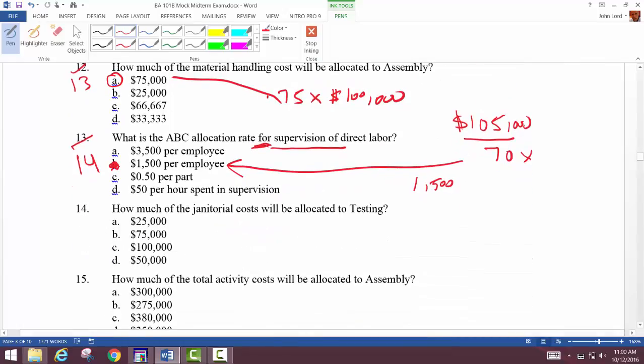Okay. All right. So let's take a look at number 15 now, right? Okay. And so we say how much of the janitorial cost will be allocated to testing. And so if I start to look at the janitorial cost, I'm going to see that that's based on what? On hours,